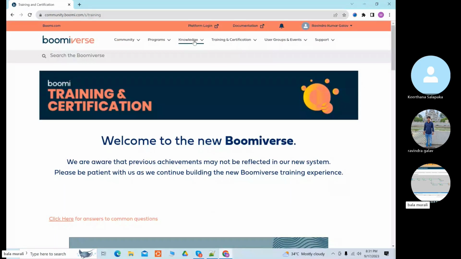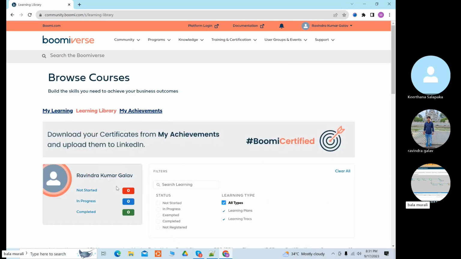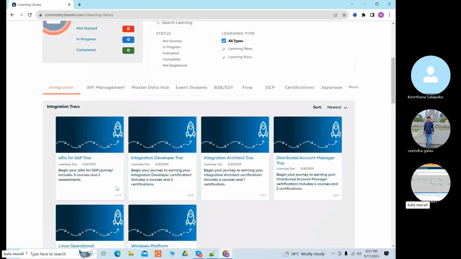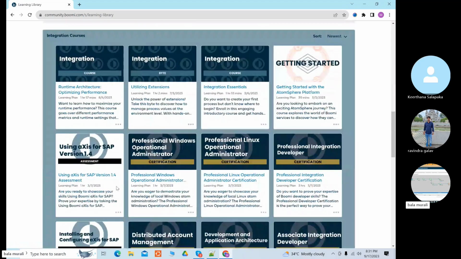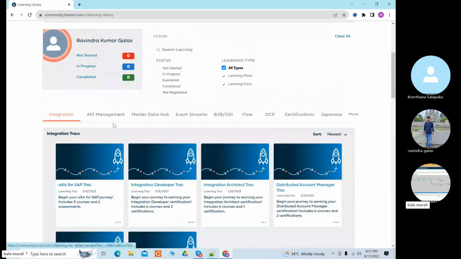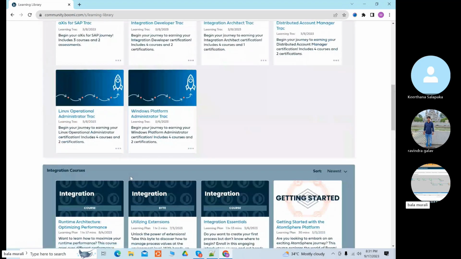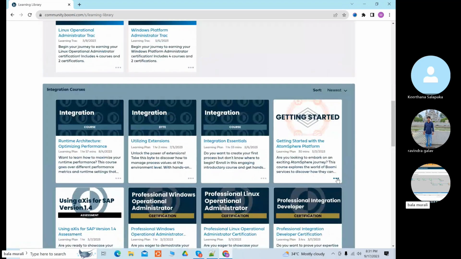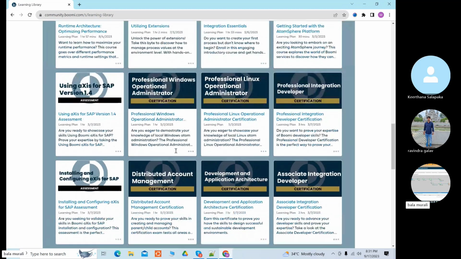So this is your account. Whose account? Yeah, Ravinder Kumar's account. Okay. So here we have to register in the learning library for the courses. What are the courses you have to register? Integration part. Yeah, this is the first thing: Getting started with Atomsphere. Just register. Okay. This is the second thing: Integration essentials. Just register. Okay. Then